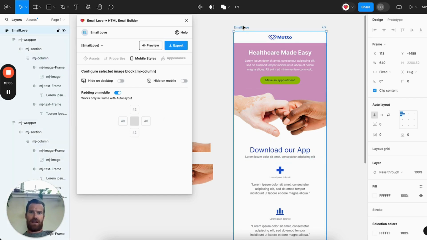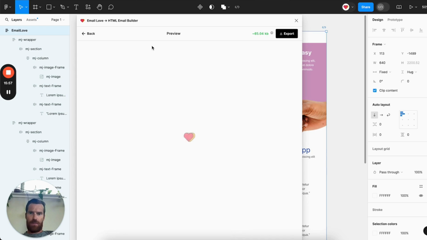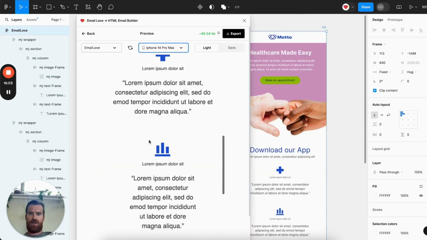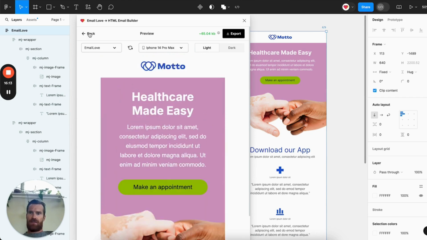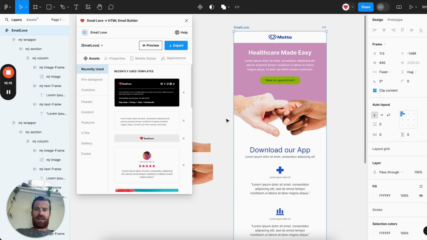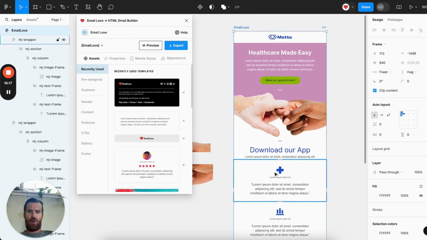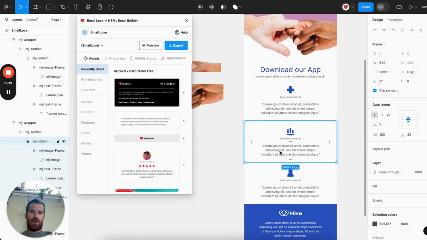Okay, so let's take a look at how that looks on mobile. Okay, you can see the difference here. This is what it looks like with the mobile specific padding, and this is what it looks like with the regular padding. Okay, so I think I prefer the mobile padding, so I can go through each of these